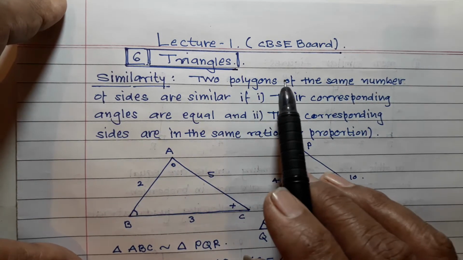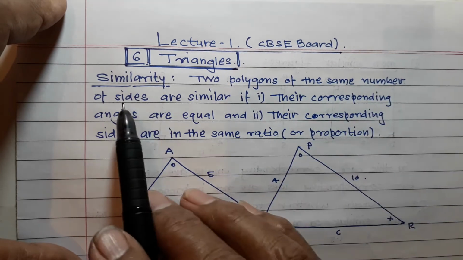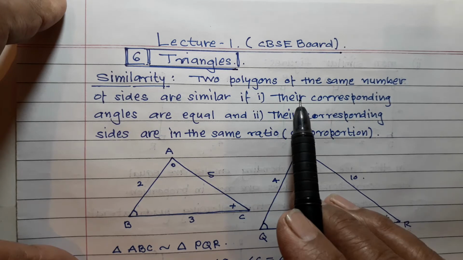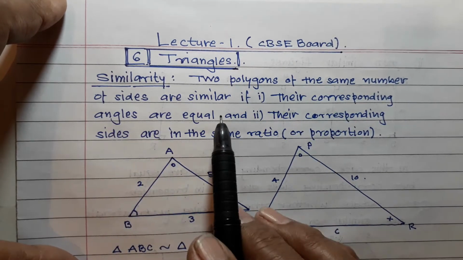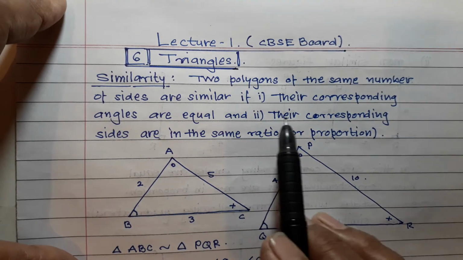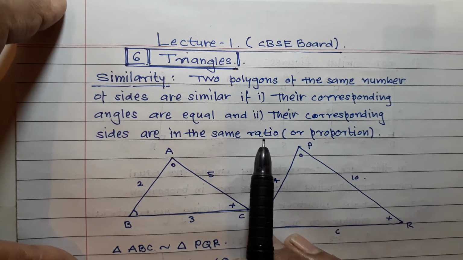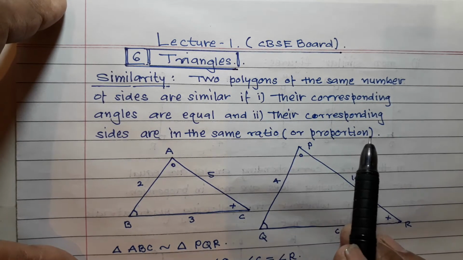Two polygons of the same number of sides are similar if their corresponding angles are equal and their corresponding sides are in the same ratio or proportional. Okay,